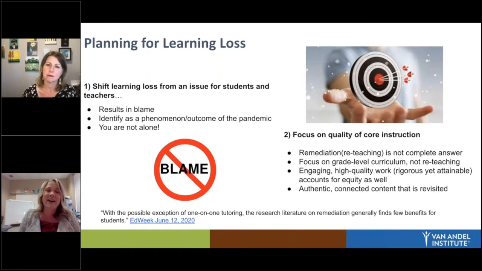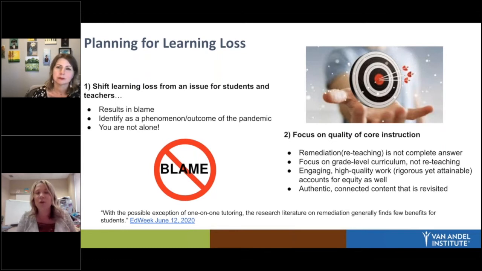And so what I mean by that is, remediation or reteaching is really not the complete answer. And this has been determined by countless research over the years. I have an EdWeek article there as well that quotes that and highlights that. But just really making sure you're focusing on that grade level curriculum, because if you're pulling students out for reteaching or remediation, they're missing out on that grade level curriculum that they need. And so finding ways to bring in those interventions, those gaps that they have into that grade level instruction